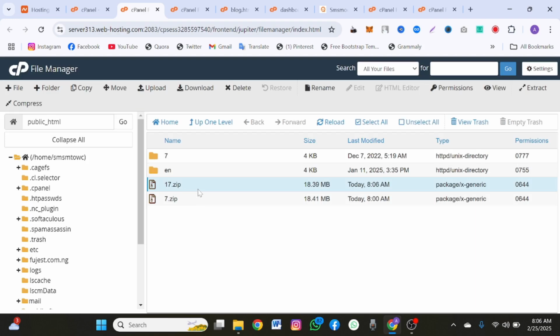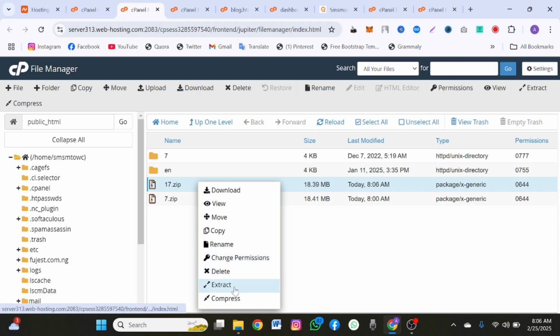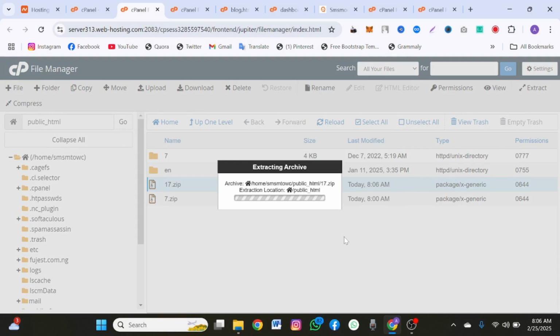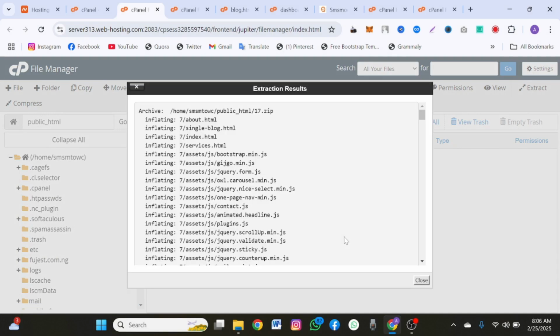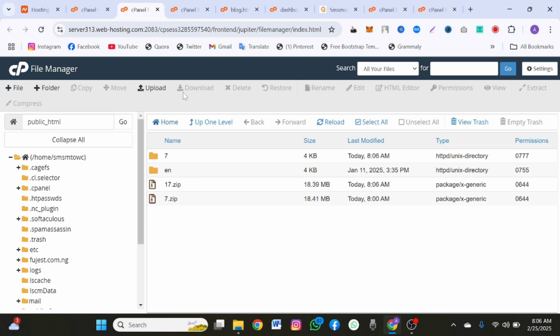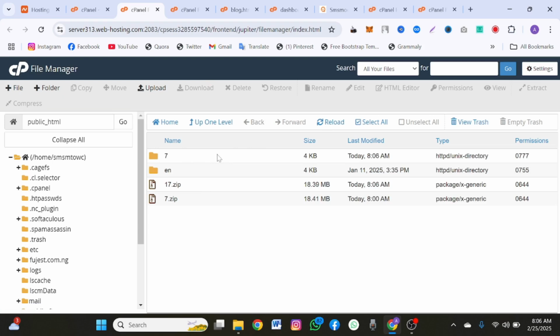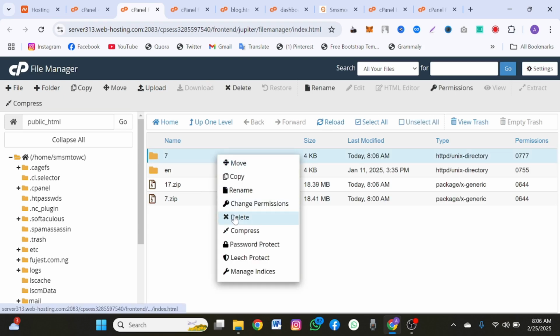Now the same thing if you want to extract it, all you have to do is click on extract. So now you have it extracted as well. Now the reason it's not showing up is because that is what is replacing this one. But if you delete this one,